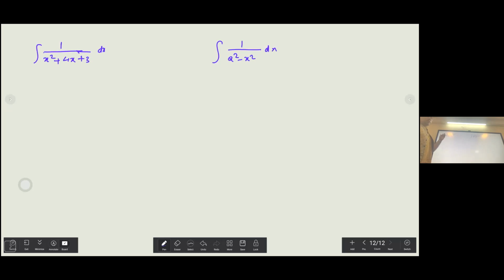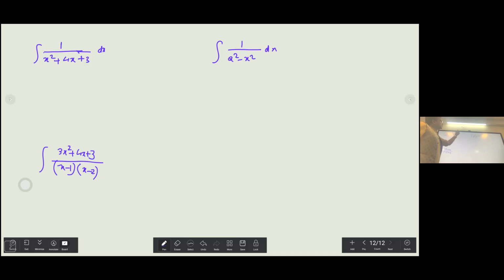Lots of mistakes people make, firstly in understanding different methods; people do it with substitution. But I would say that in questions where your denominator is factorizable, in certain cases you will notice, for example, something like (x squared plus 4x plus 3) upon (x minus 1)(x minus 2). Here you can see that the degree of the numerator and the degree of the denominator are the same. So you need to do one extra step, which I'm going to tell.